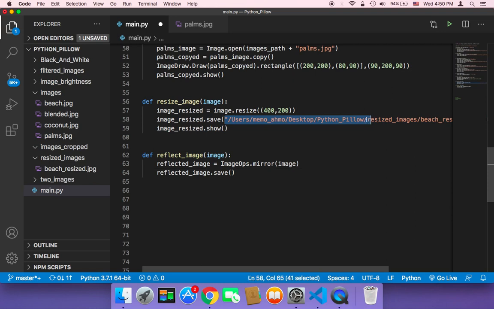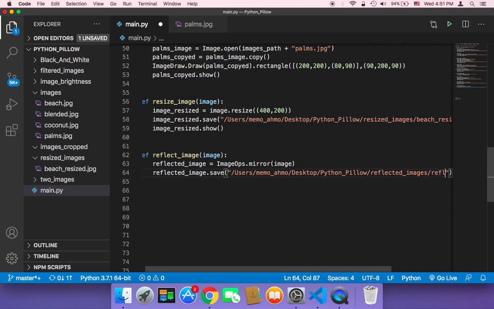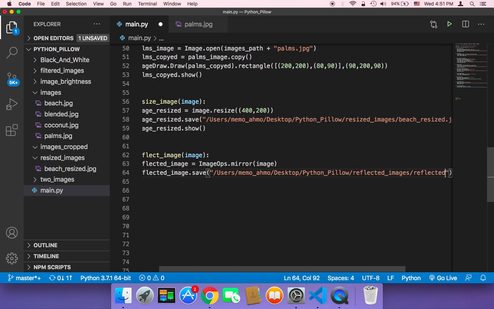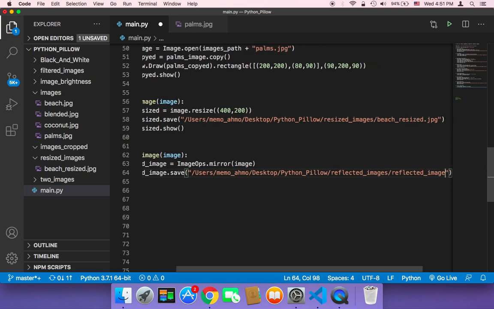Let's create a new folder. So I'm going to copy the path and paste it here, and then I'm going to create a new folder called reflected_images, and then the new name. I'm going to name the new image reflected_image.jpg,